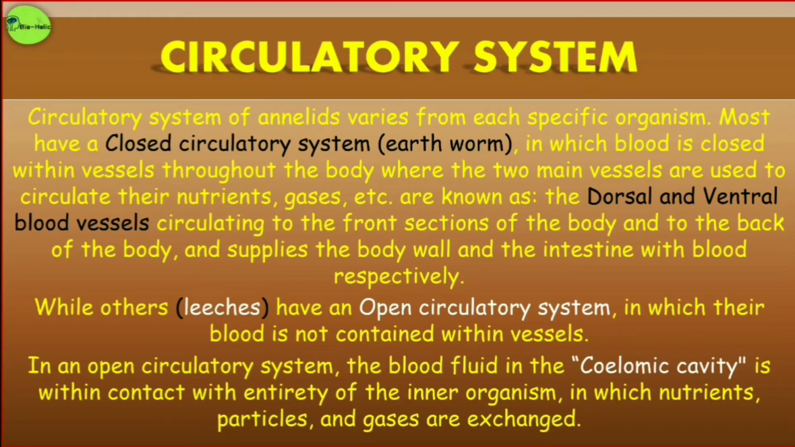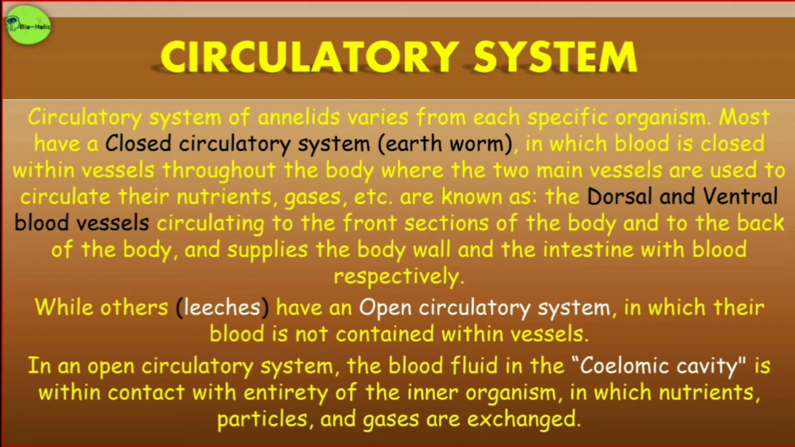And they are known as the dorsal blood vessels and the ventral blood vessels, circulating to the front sections of the body and to the back section of the body, and supply the body wall and the intestine with the blood supply respectively. And while others have an open circulatory system, just like the leeches, in which their blood is not